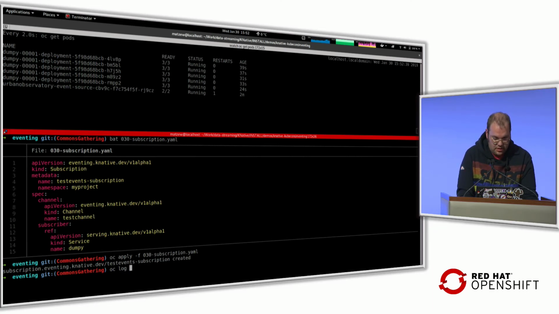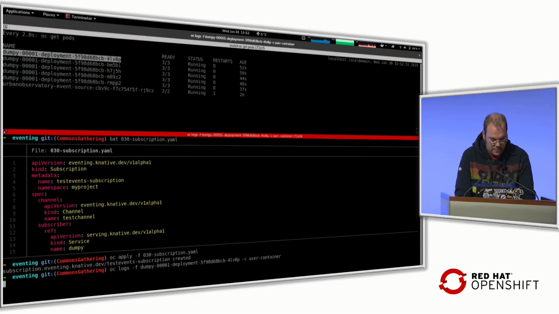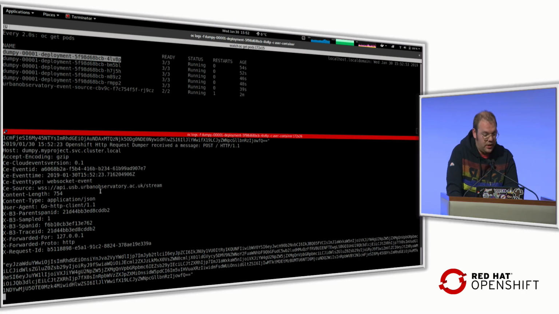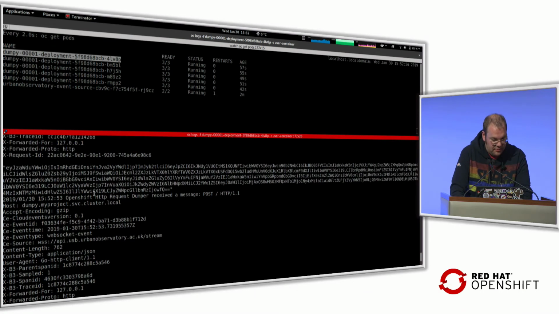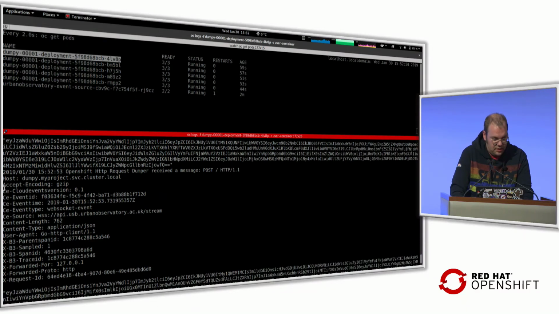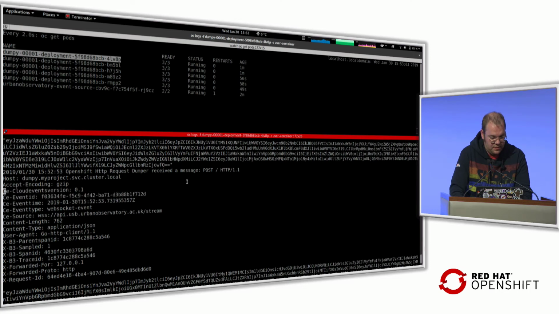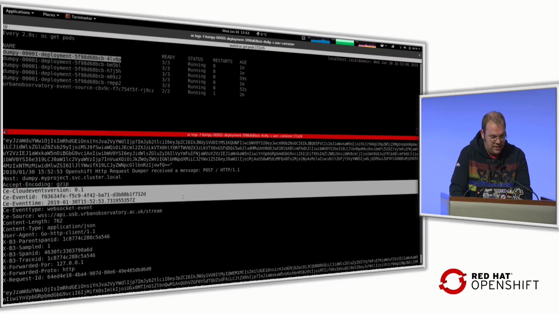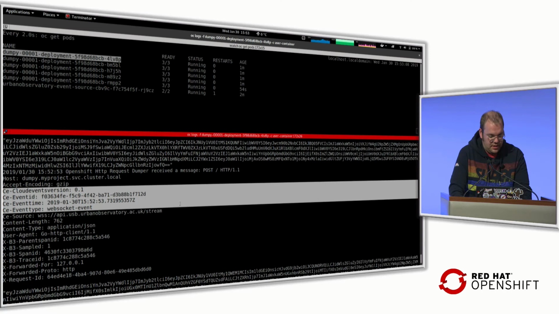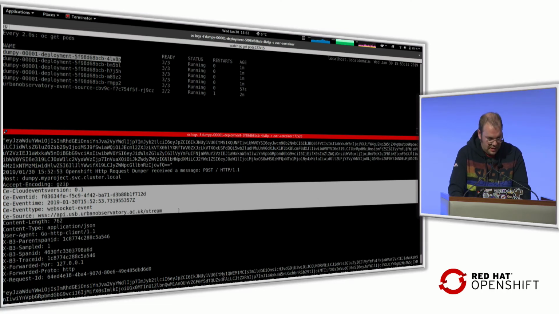Let's take a look at the logs, how they now behave here. I go with the first one. Again, the user container. Okay, here we can now see that I have actually different output here. What you see here is some metadata for the cloud events as response headers. So I have the spec version 01. I have some event ID. I have some timestamp for it. I have a WebSocket event as a type of it. And I have some source, which is triggering that one here.